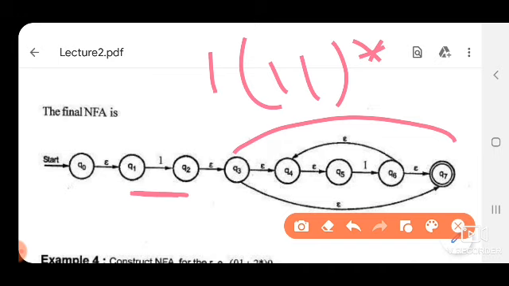In this way we can combine these two regular expressions with the dot operator. This is one representation of this whole figure, or you can also represent it like that, combining these two states into a single state. So, either way you can draw an FA for this regular expression.